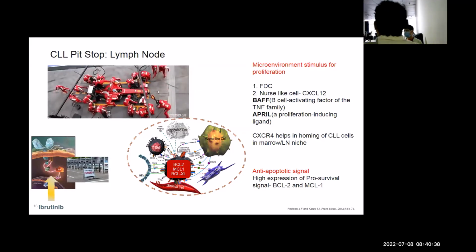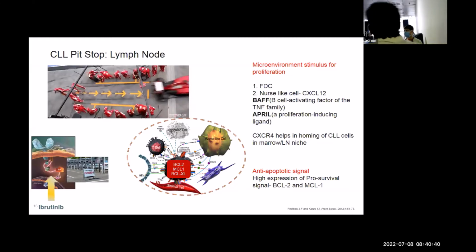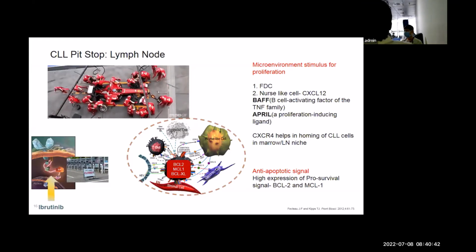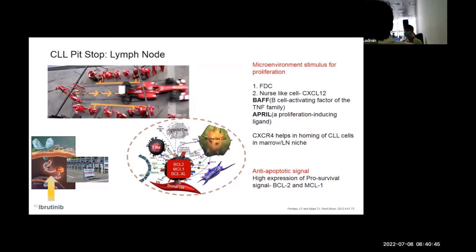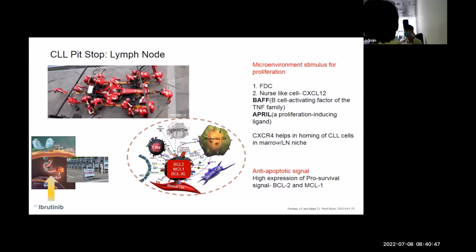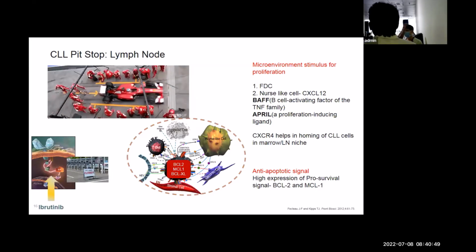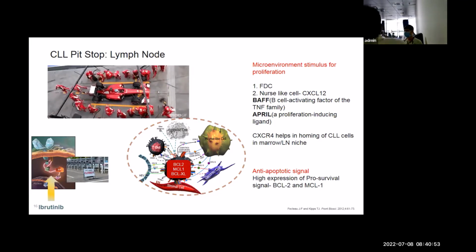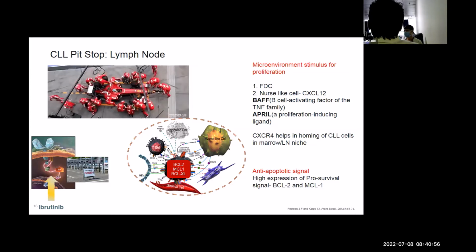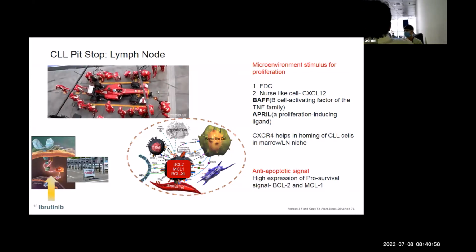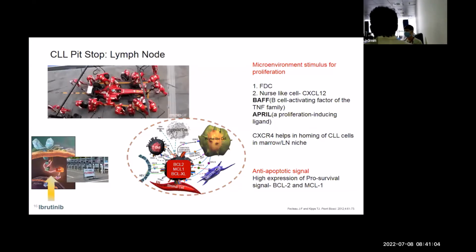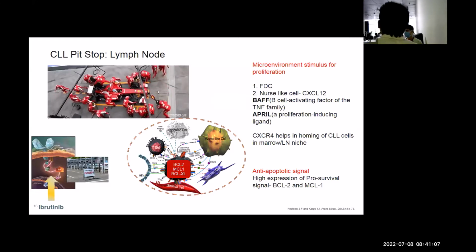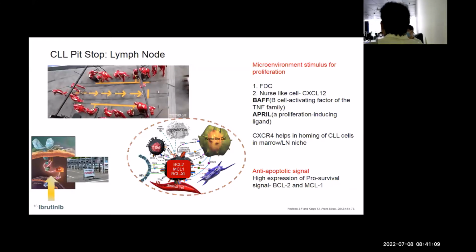So what happens when you give ibrutinib? Interestingly, ibrutinib stops this pit stop. That is one way that it helps in killing. It doesn't allow the cells to go into the node and get that stimulus. So when the cells are in the peripheral blood, they will not get those stimuli and they die. Or else you can add another agent with ibrutinib and that will kill them. It's fascinating biology: you give ibrutinib, you stop the trafficking, and then you add another agent, and that takes care of the cell. They don't have any backing of the microenvironment, and they die subsequently. That's how the treatment of CLL has evolved in terms of the biology.